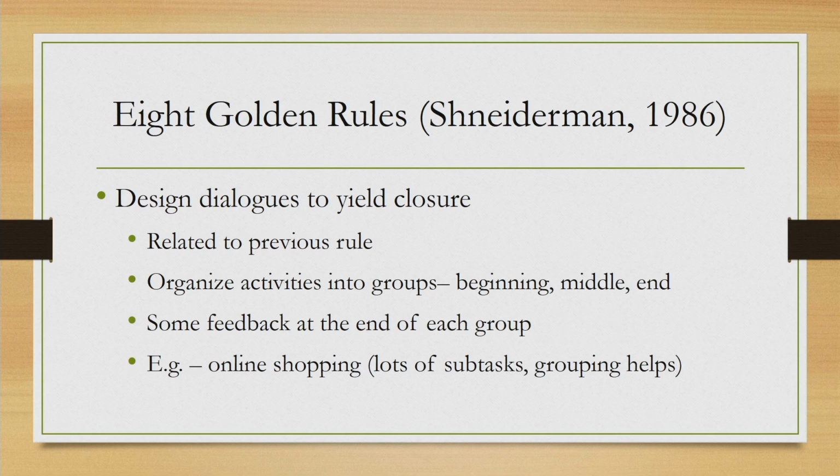Instead, if there is a sequence, if there is a systematic way of letting you feel that you are in control of the system, you are actually doing the things you intended to do, that means everything happens gradually and with proper feedback to you as the user, then it helps the user feel in control. And that is what this golden rule says, design dialogues to yield closure. So, essentially there should be a dialogue which should be properly designed to indicate to you that you are actually closing an interaction that you have started.